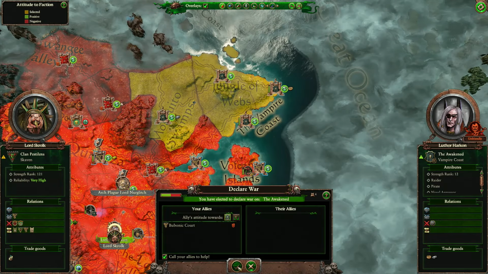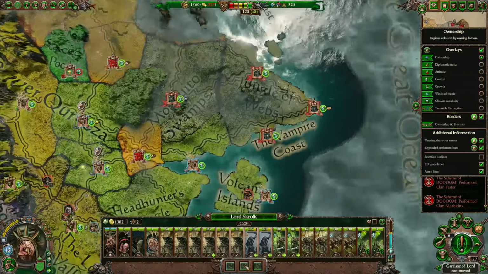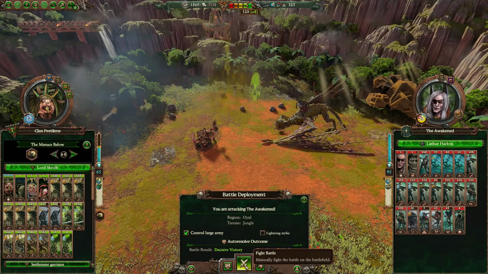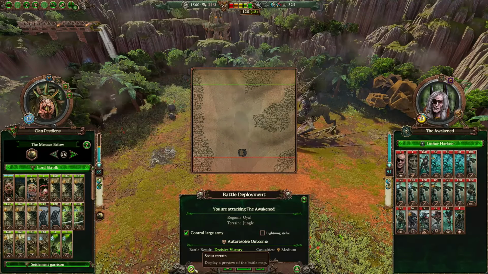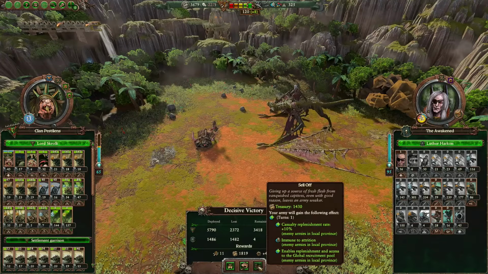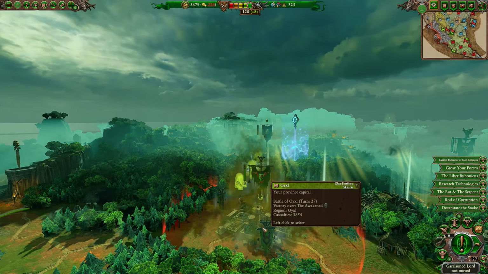So as you can see, Luther Harkon, strength rank 12, and he hates us. We have no choice at this point. We have to deal with him. We need to at least weaken him, and we've got him in a really opportune situation for us. So we are at least able to eliminate his army here, and at this point, having weakened him,